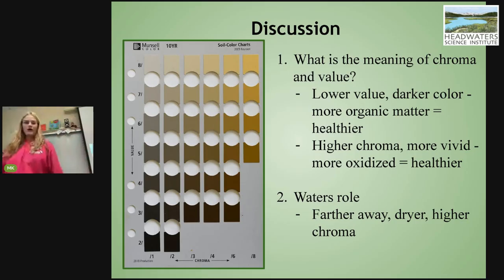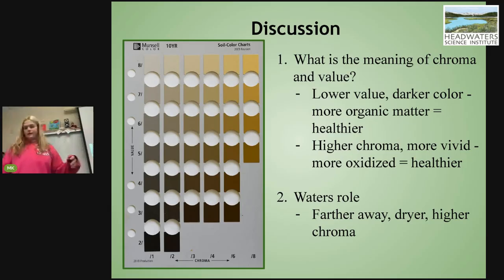Okay, now let's talk about what the heck is a Munsell color system. So first, on the y-axis is value, and that measures how light or dark the soil is. And so darker means that it's mostly comprised of organic matter, which is healthier for soil. And so those would be the lower numbers of 2 and then all the way up to 8. In our case, this is the chart type that we use. There's multiple types, all the way up to 8, which would be lighter,